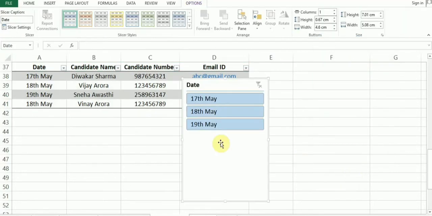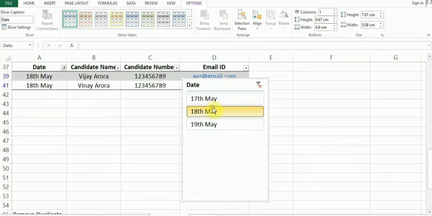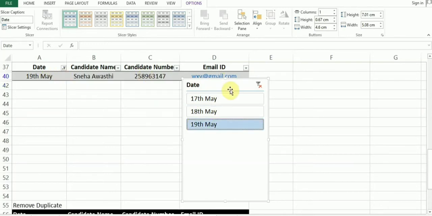Now what you can see here, it has given you the date displayed in this box. Once you click 17th May, it will display the data of 17th May only. Once you click 18th May, it will display only 18th May. Once you click 19th May, it will display only 19th May. And this way you can easily filter your data.